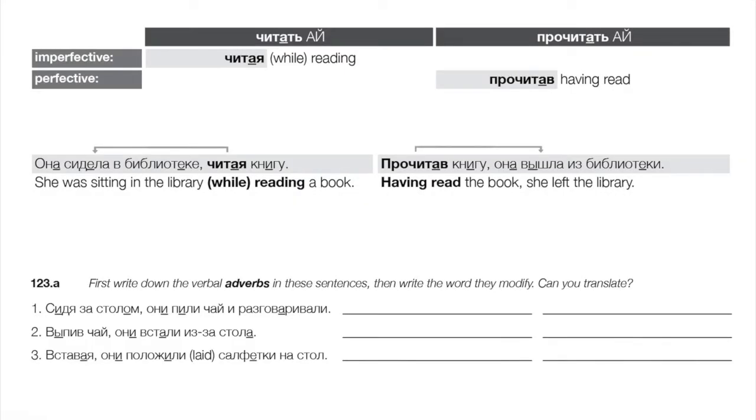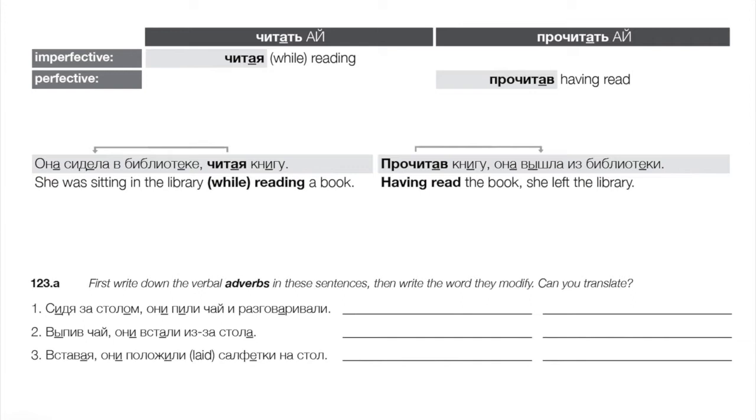Okay, so let's start with verbal adverbs, and here's our little master table. You see it's very straightforward here with the adverbs. Adjectives won't be quite this easy, by the way. For adverbs, we have imperfective and perfective verbal adverbs. That means that if we take any given pair, like читать, прочитать, right, an aspectual pair, we're going to get two adverbs from that, right? One from the imperfective and one from the perfective, and those are formed differently for the most part.